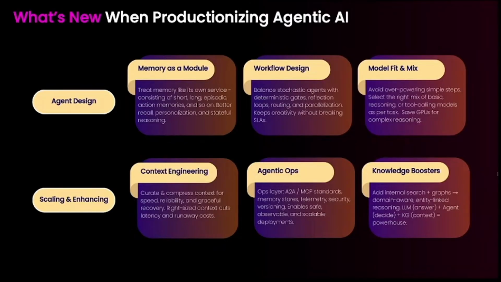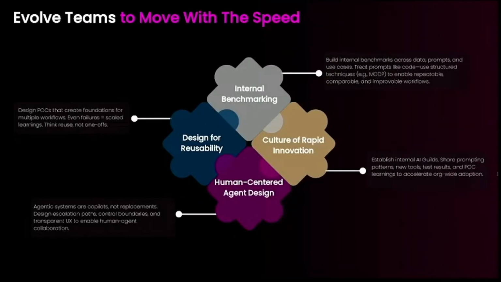So let's say we talked about how to get a POC running. We talked about what to consider for production. Now, how to make sure that your teams are evolving from POC to POC, right? Because let's say you built an agent today, it would be outdated 6 months from now. There will be new LLMs coming out, with more capability, more rigor. All of your agents could be just solved by one LLM if we think that way, right? We don't know, and we need to build that strength or resilience in our teams so that we keep on evolving